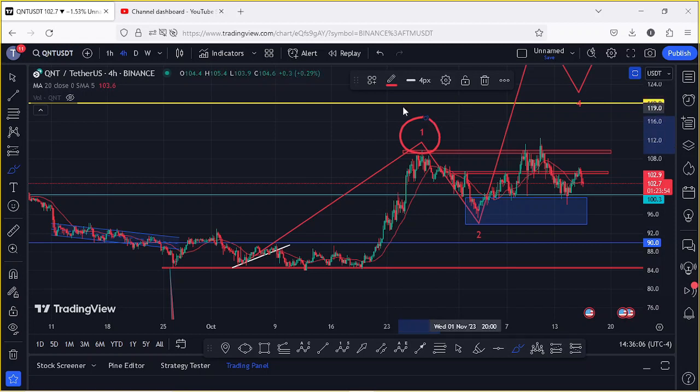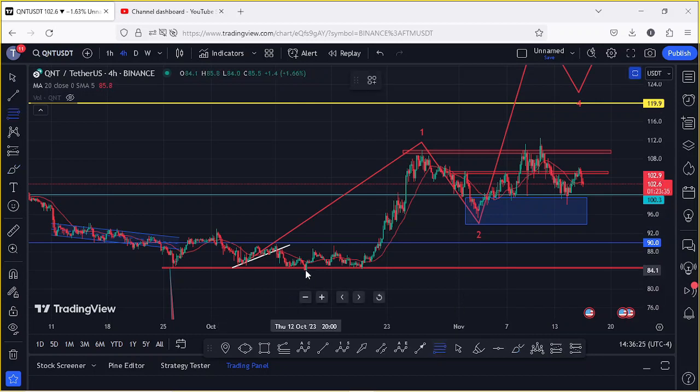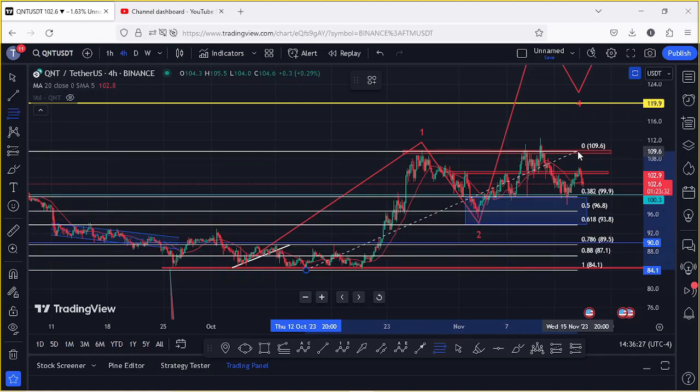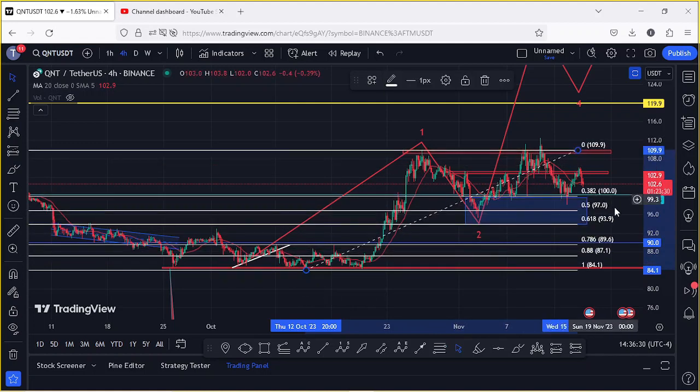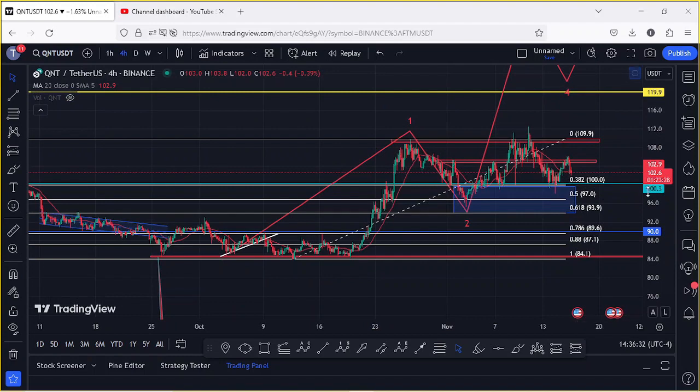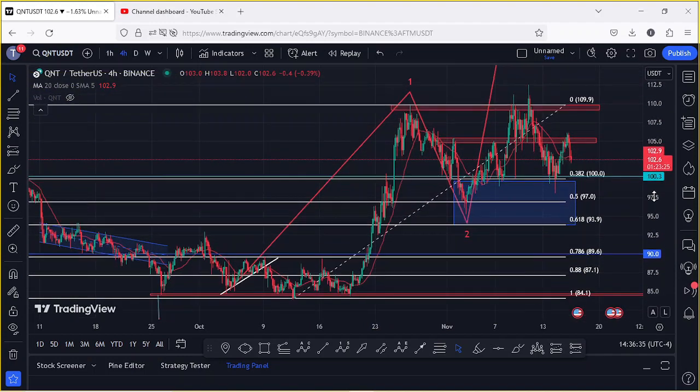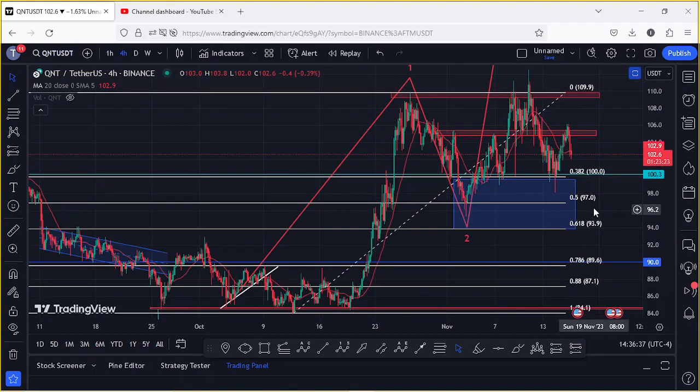And after seeing the formation of this first wave, we started a corrective structure in the formation of this wave 2, whose minimum target areas I have highlighted on the charts using this blue target area, which is an area that I came up with by connecting the Fibonaccis from the low of the first wave to the high of that wave 1, giving me a minimum pullback target area between the Fib level 0.382 and the Fib level 0.618, and that is between the $100 mark and the